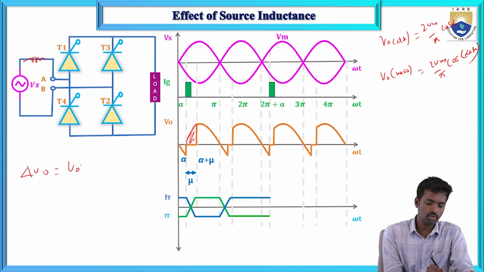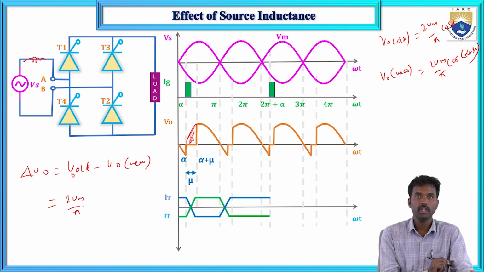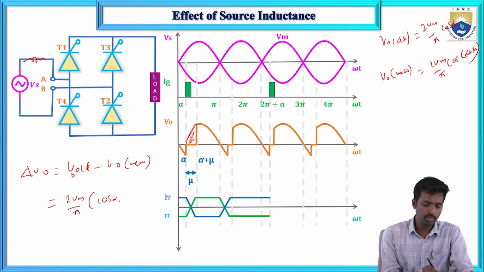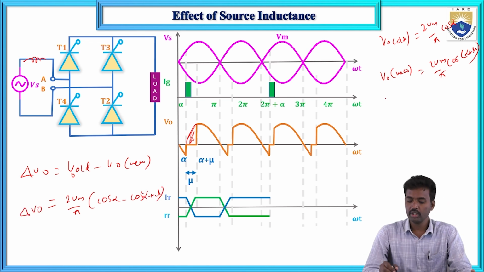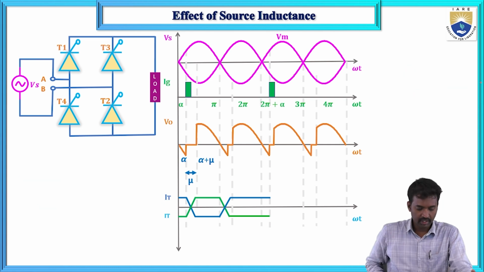So that equals V old minus V naught old minus V naught new. So now this equals 2Vm by pi cos alpha minus cos alpha plus mu. So this is the reduction in the voltage. So now here, during alpha, this is